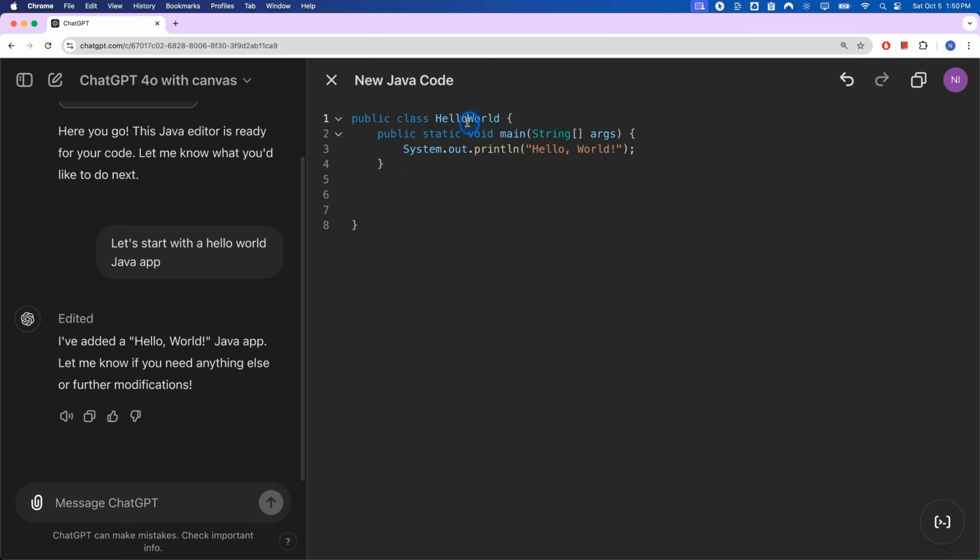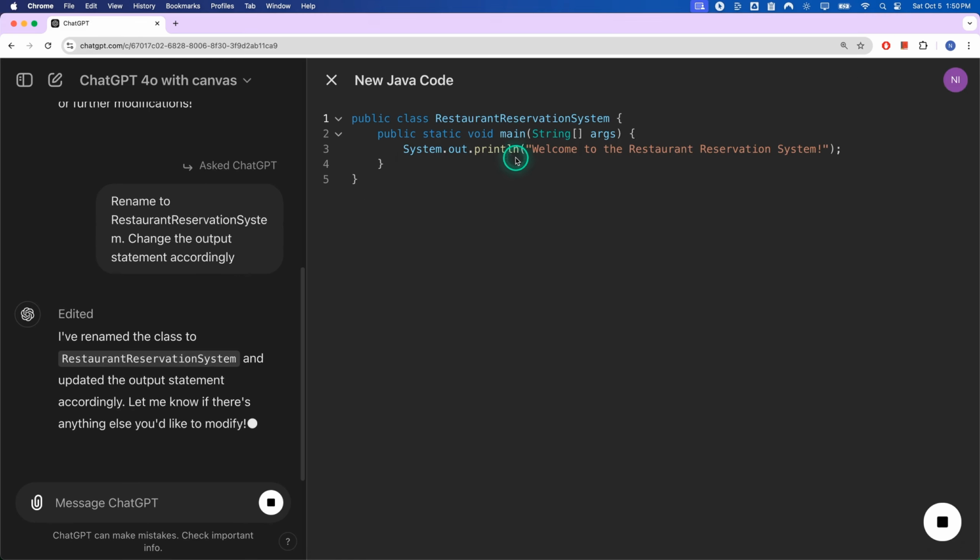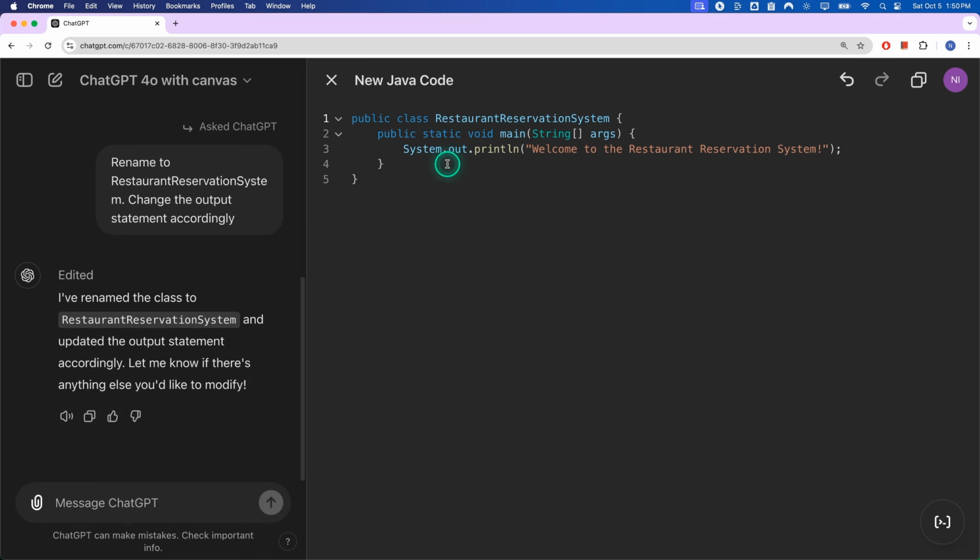Okay, now that I have our simple app here, let me tell it to rename to restaurant reservation system. Change the output statement accordingly. Okay, cool. We have our restaurant reservation system. Let's get started. So let's introduce here, just like we did on the GitHub Copilot Assistant, the restaurant manager interface,